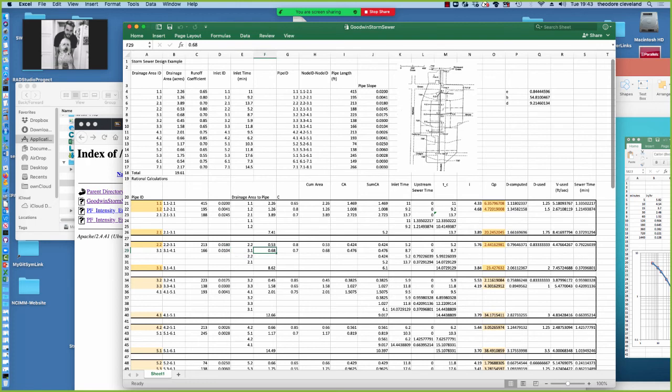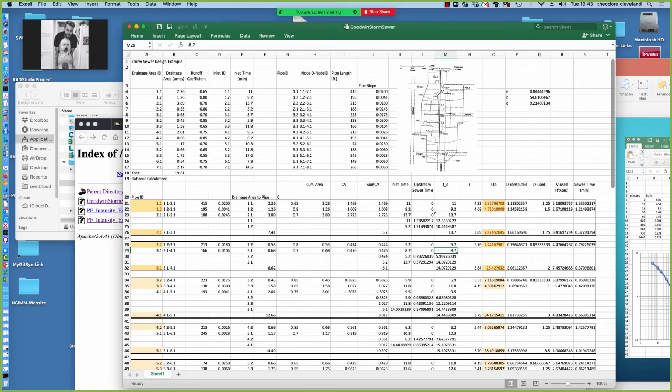The local area is 0.68 acres, runoff coefficient of 0.7, the cumulative area is 0.68, the CA value is 0.476, the sum CA is 0.476, the inlet time is 8.7 minutes, there's no upstream sewer, 8.7 minutes is one of